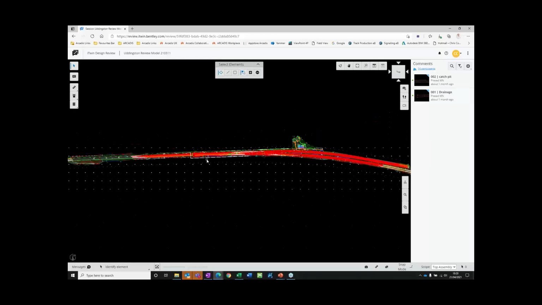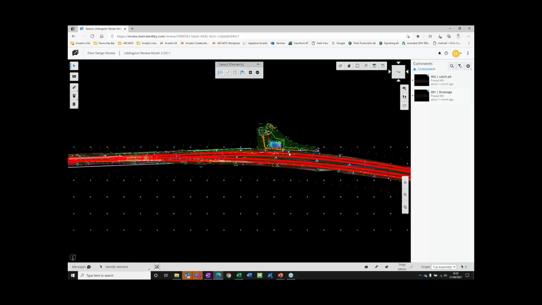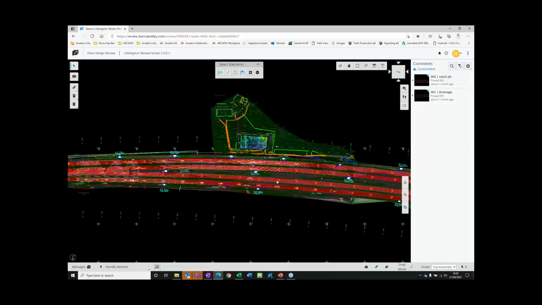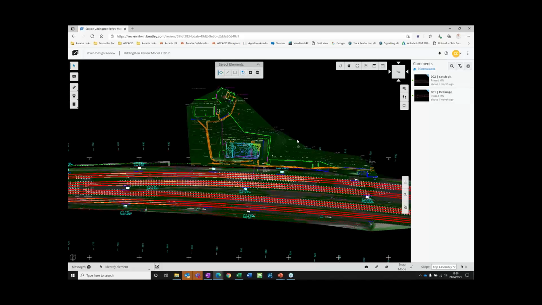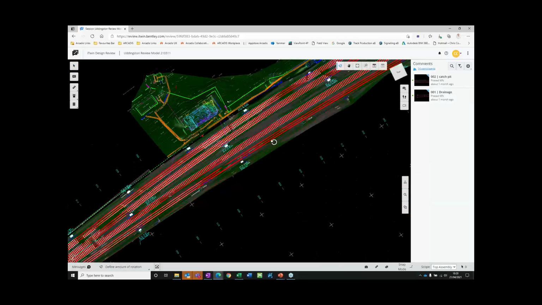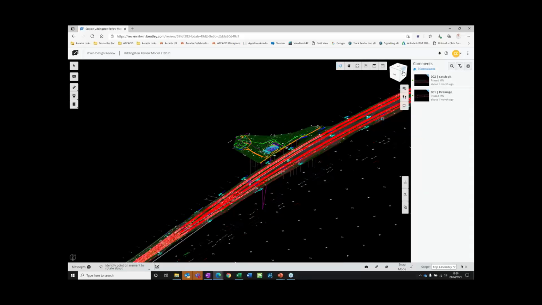It's a very easy to use, easy to navigate, web-based tool. And within this, with some very basic knowledge of navigation, you can start to look at your model in a 3D environment. You can switch things on and off. You can look at the sort of design that you want to look at. You can use tools within this, like